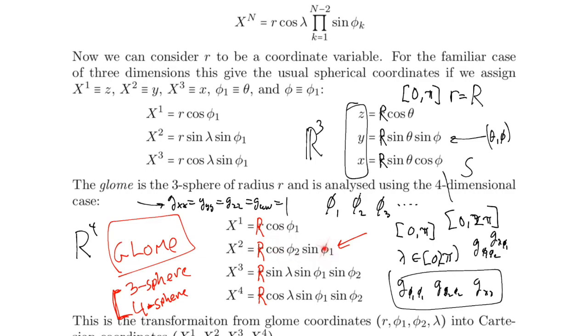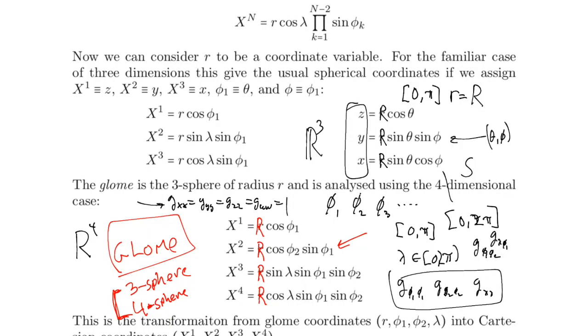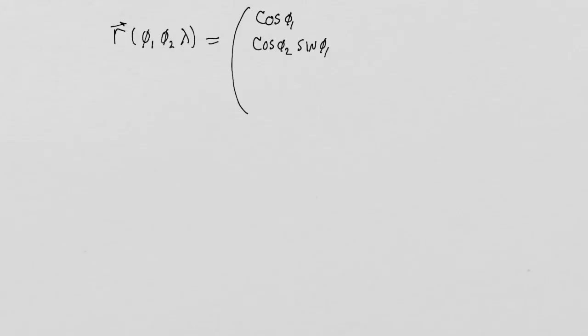So I would write cosine phi 1, cosine phi 2, sine phi 1, and then it would be sine lambda first and then cosine lambda second, with sines. So it would be sine lambda, sine phi 1, sine phi 2, and then cosine lambda, sine phi 1,